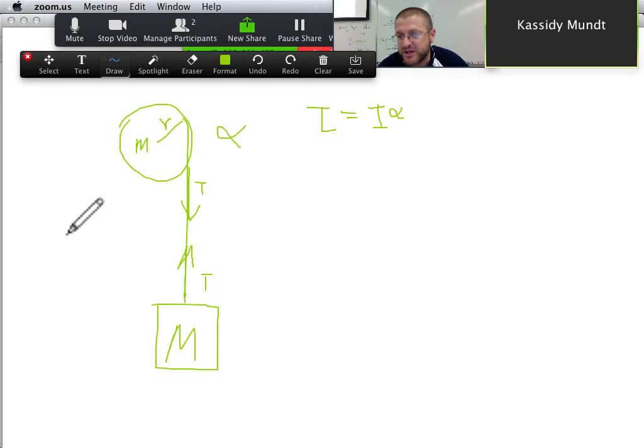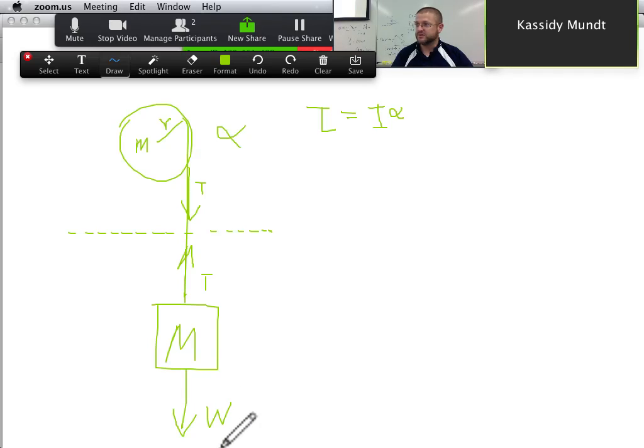So this ends up being two problems. I'm going to split this problem right down the middle here. One problem is a tension that causes a block to accelerate. The other one is a tension that prevents a block from falling at its normal acceleration caused by its weight. So this one has a free body diagram with tension up and weight down. This one has a free body diagram with tension and that's causing a torque, right?